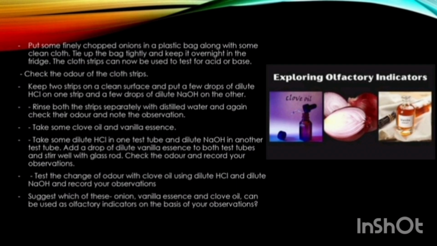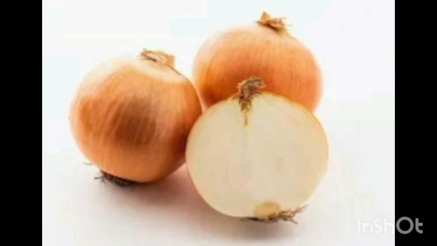So, based on the general concept of acidity and basicity, where the onion juice is the best indicator, it turns blue litmus into red, and this fact indicates that it is an acid. So it is observed that onion has a characteristic smell in the acidic medium which is completely destroyed in the basic medium.